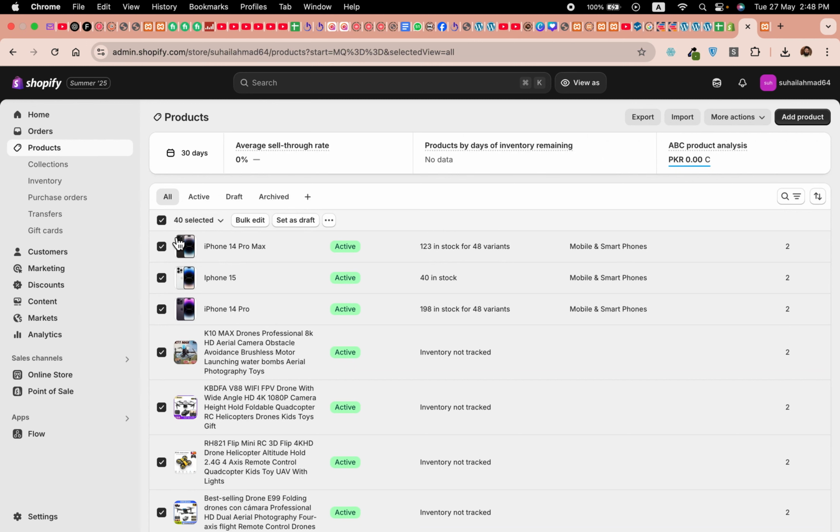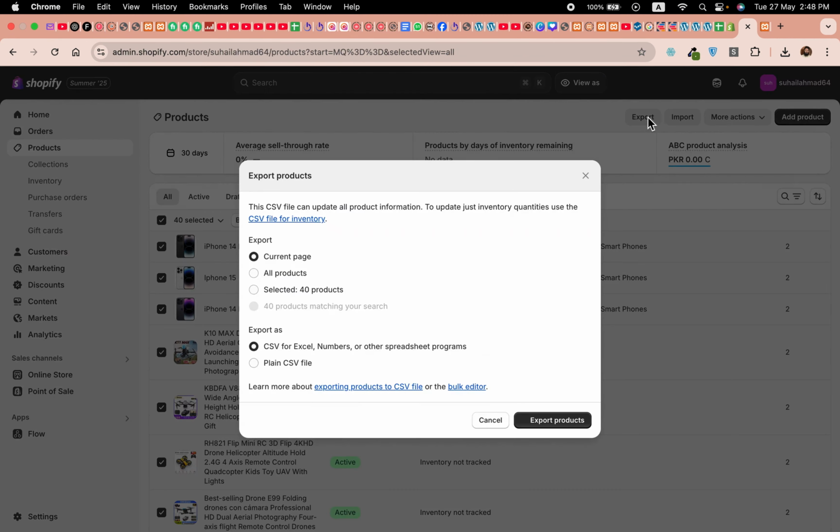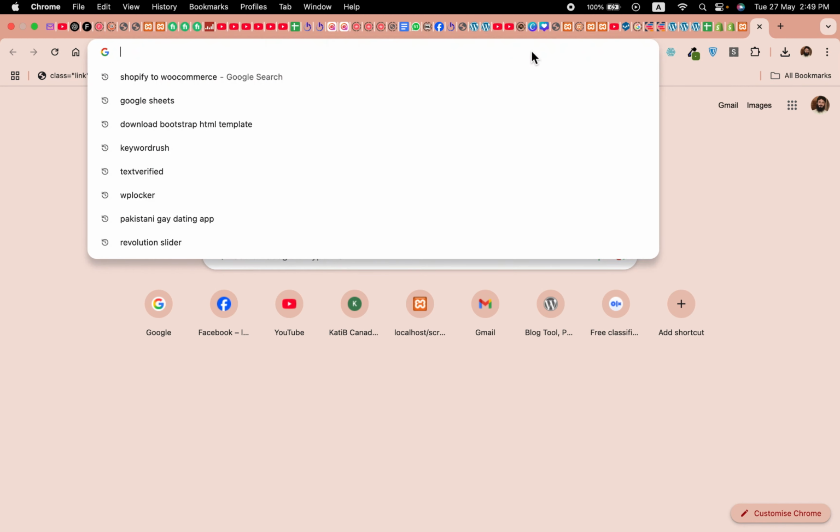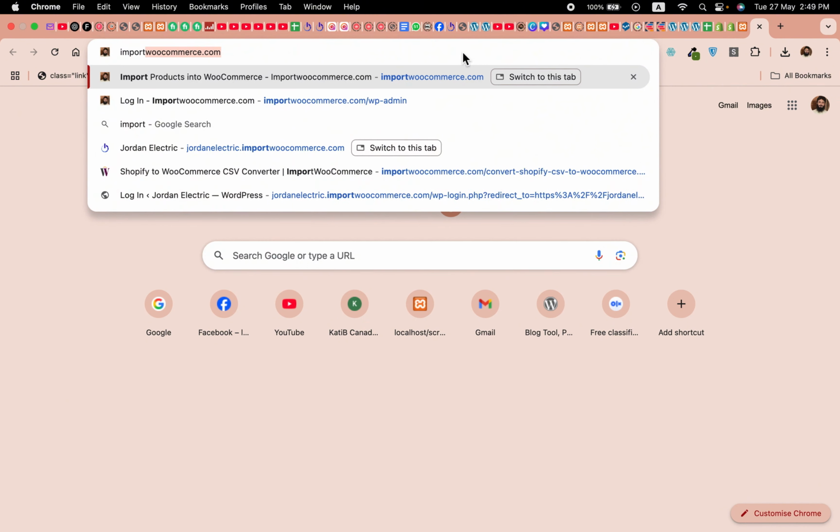So first of all, let's check all these products and click on export, choose all products, and use plain CSV. Click on export. It will take a couple of minutes before it sends you the CSV to your email address. Okay, while this is exporting, let's go to a new browser and type import